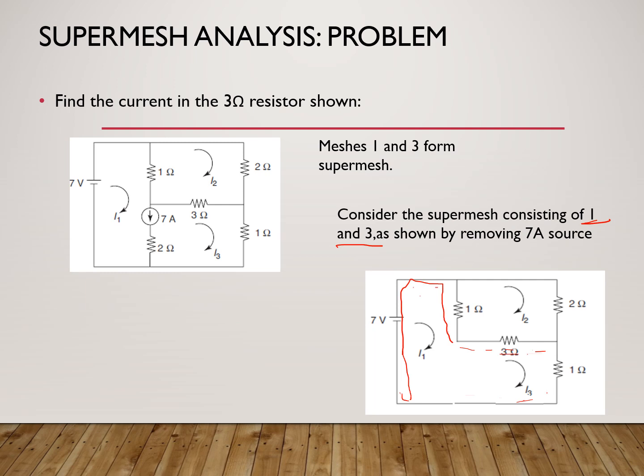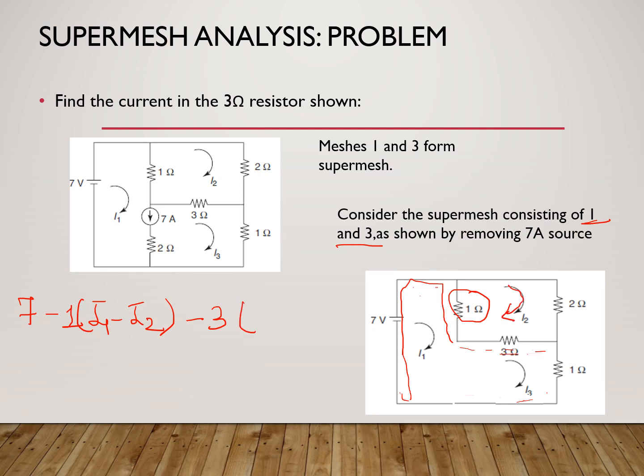So what is the equation going to be? It is going to be 7 minus 1 into... Now, this 1 ohm resistance is common to mesh 1 and mesh 2, which means it has a current of I1 minus I2. Since I am considering mesh 1 and mesh 3 here, the mesh 1 and mesh 3 currents are considered to be predominant, right? So when 1 ohm is common to I1 and I2, I write the equation as 7 minus 1 into (I1 minus I2),